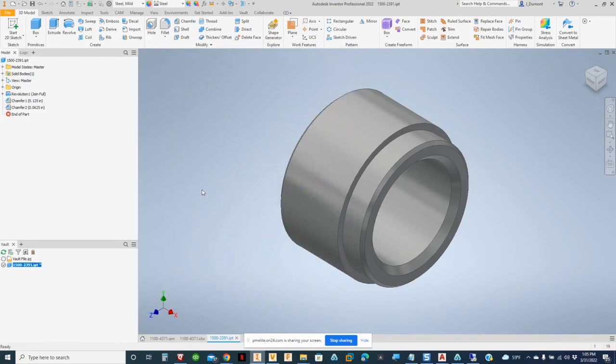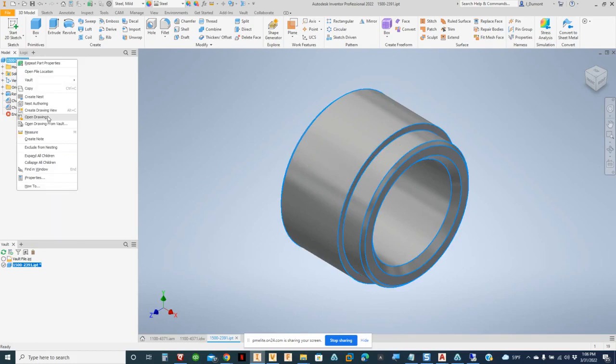Now, there's more than one way to do anything, as we're all well aware. This is just an introduction to, hopefully, whet your appetite to start seeing the benefits of iLogic. Just like creating a drawing for this. If I were to create a drawing,